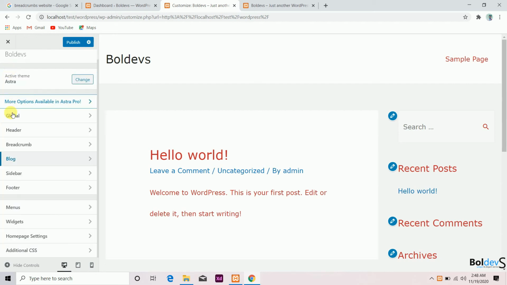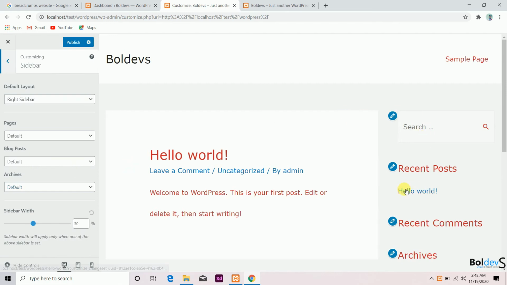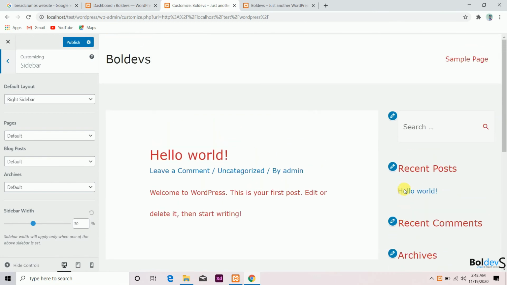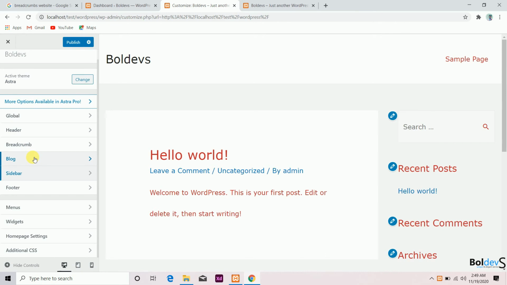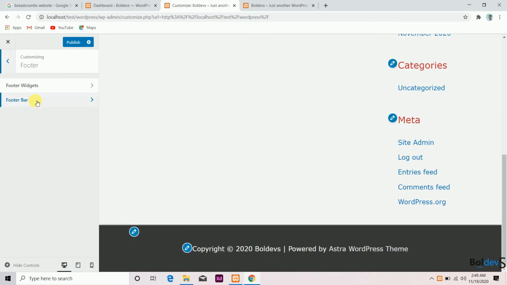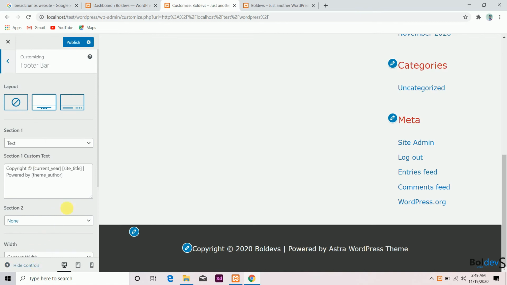Okay, and then sidebar is here. Sidebar is nothing but, here you can find a sidebar. So in this sidebar there will be widgets. There is a separate video for widgets also, on how we can customize widgets. We can see it there itself. And then below is footer, so footer also has widgets. Here you can find some footer bar and footer widgets. There is a copyright text. Here we can change this copyright text because it is a free template. Okay, some of the templates were not giving access to change the copyright format, but we can change that. That is not an issue.